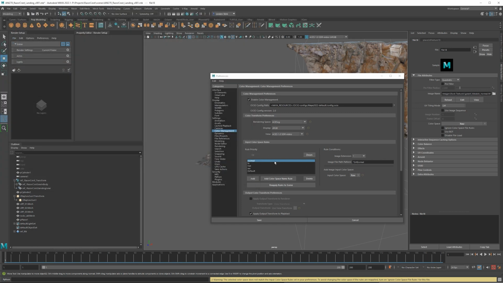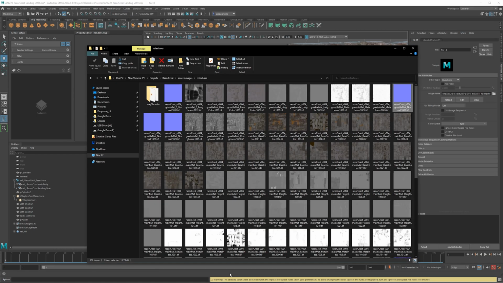That's useful. You can set these up for anything you want, so you could do roughness or displacement or anything. It's a useful thing to do. We could quickly do one for roughness. Roughness, any type of image, lowercase r, capital R, roughness. Now you do need to be kind of careful with this because sometimes you may not have actually named the file what you thought you named it.